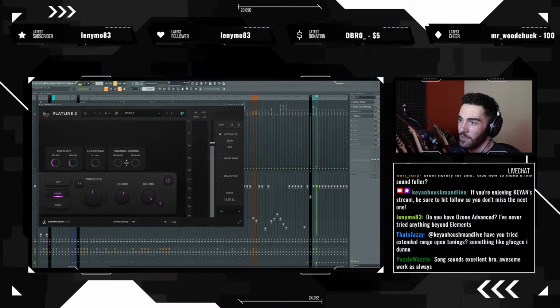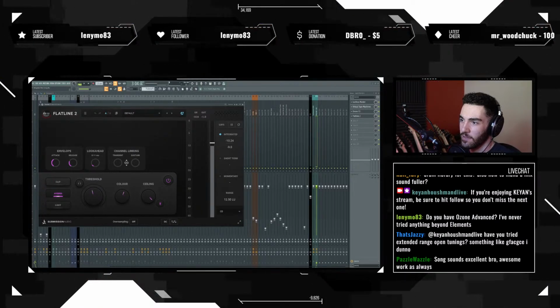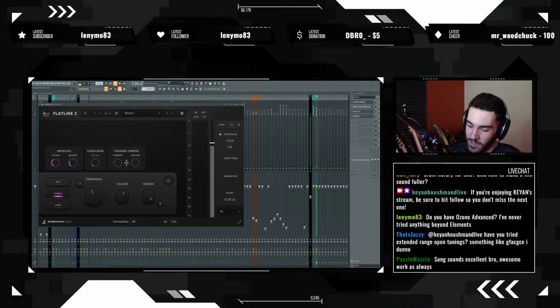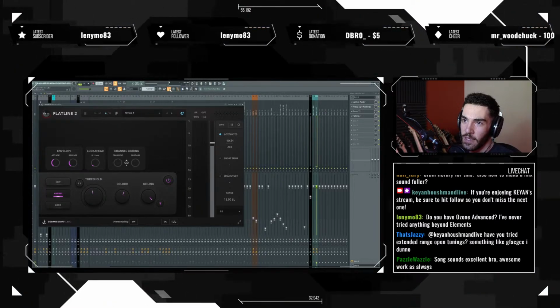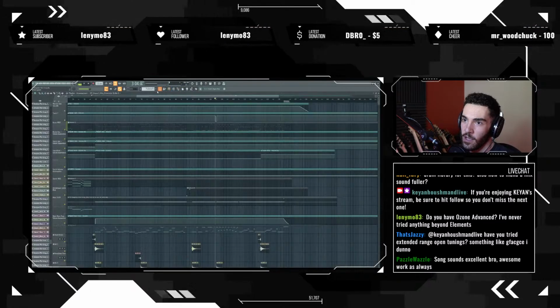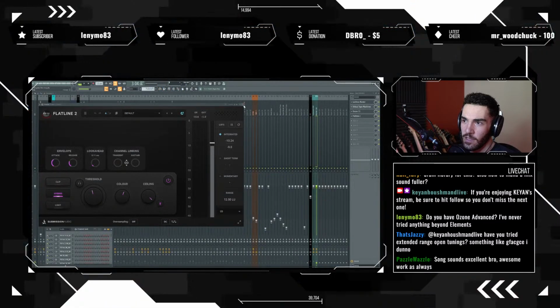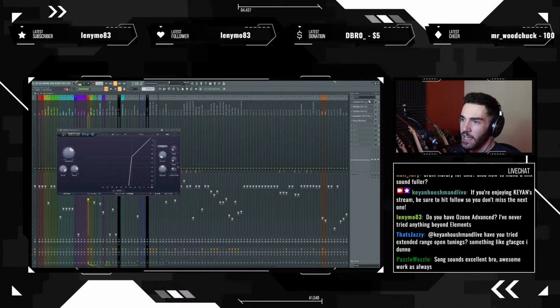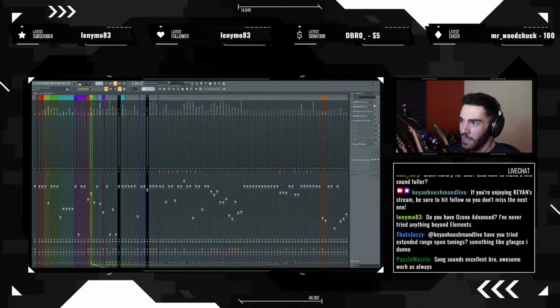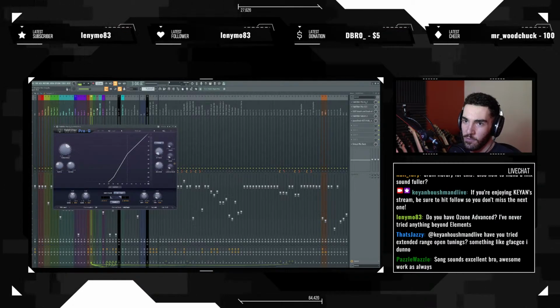Drum library for this. Also, how do I make a mix sound fuller? It's a very loaded question. The drum library one is just the P5 kit, and it's the P5 kit on turbo mode. The only other extra plugins that I'm adding is a gate on the kick and a gate on the snare just to get rid of the noise floor.